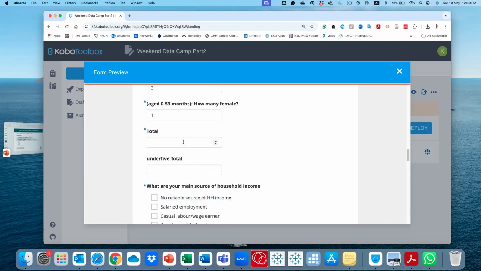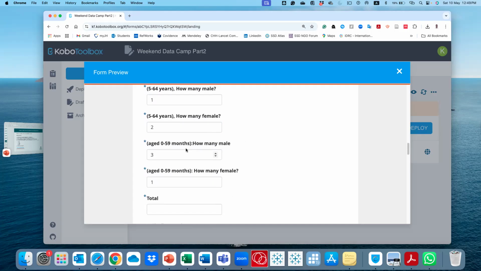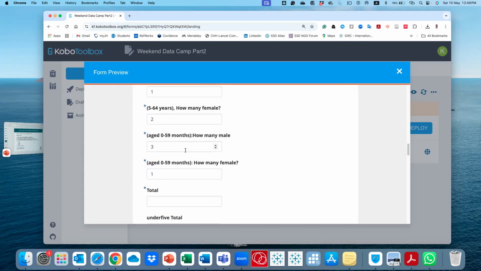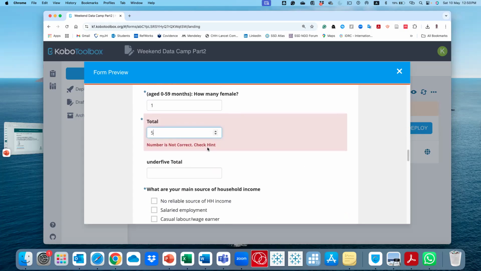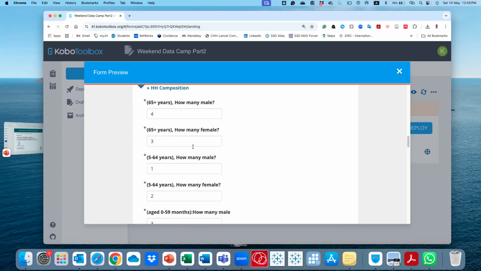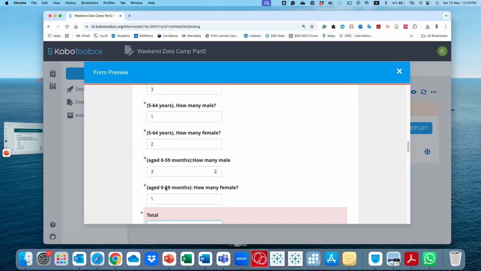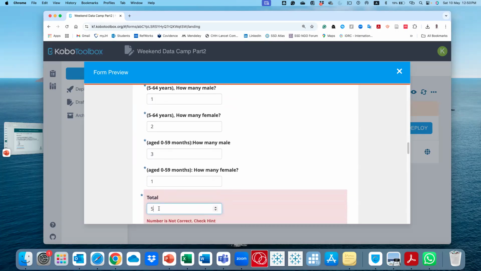And then you can ask them the total number of people in the household. Maybe you say 5. Then here it says the number is not correct, check. So the number that you wanted to check is whether the numbers they've given for males and females of the different age groups match what they know of the total number of their household. In this case, this doesn't match.